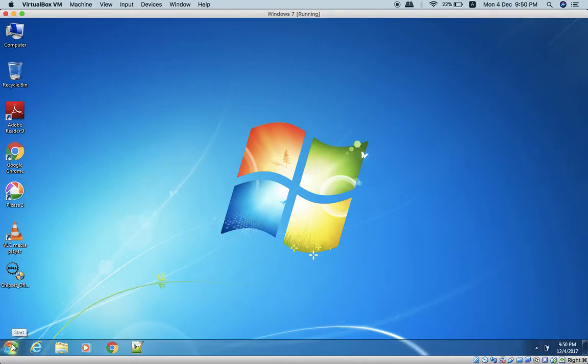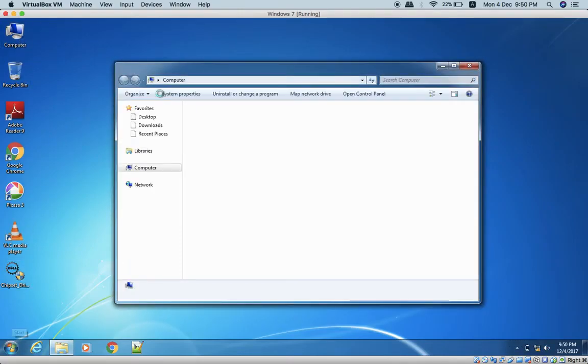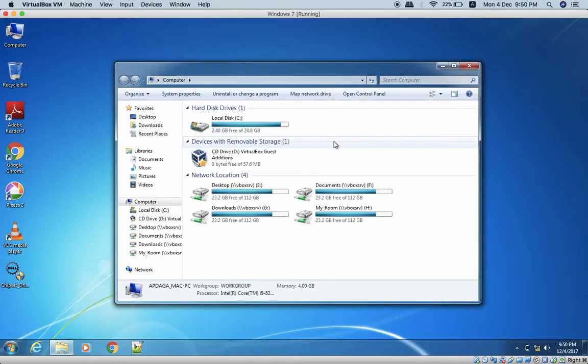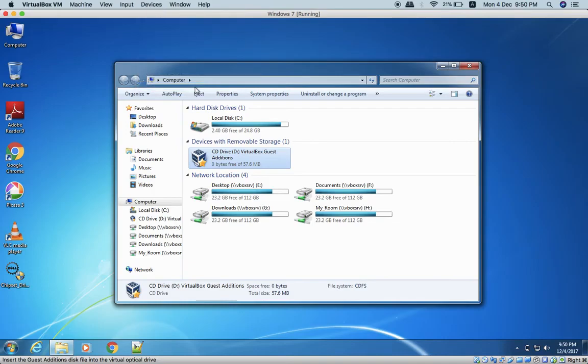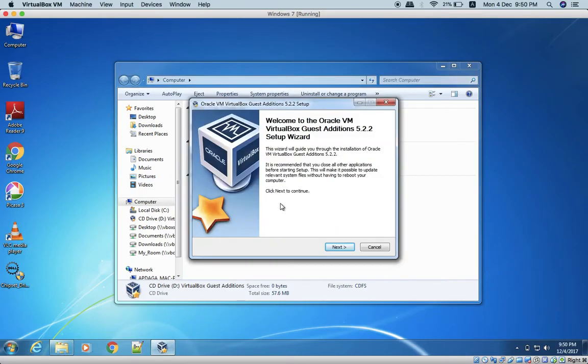See, once this is done, you can see VirtualBox. This might be blank, so you have to go to devices, insert guest additions CD image, then this will come, and just double click on that. Yes, and install it.